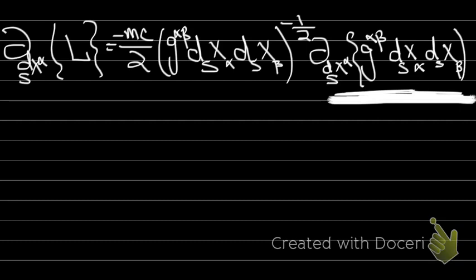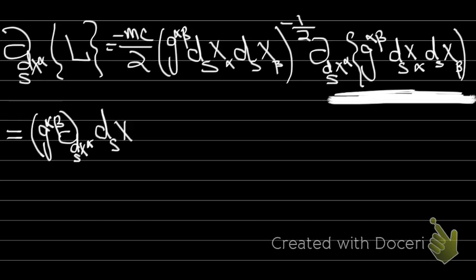That derivative would be equal to g alpha beta, partial derivative with respect to the derivative with respect to s of x alpha, of the derivative with respect to s of x alpha, times the derivative with respect to s of x beta, plus,